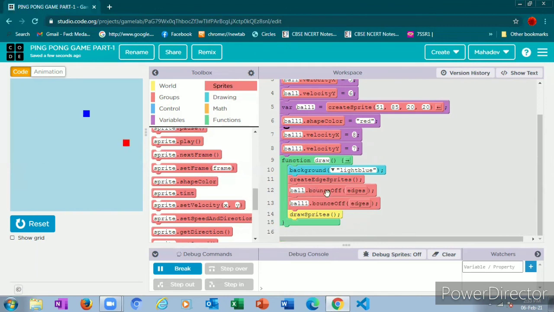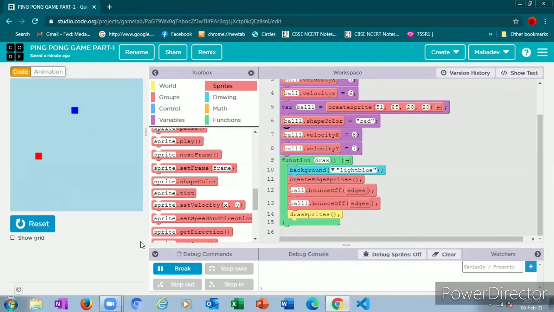And also the last thing is that we must bounce off the balls, right? For that we gave bounce off, to prevent the ball from going out of the canvas. We gave draw sprites first. When you are going to do any activity over here, you must give draw sprites first.